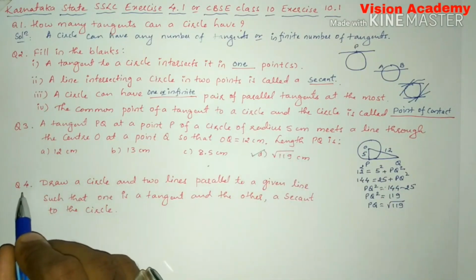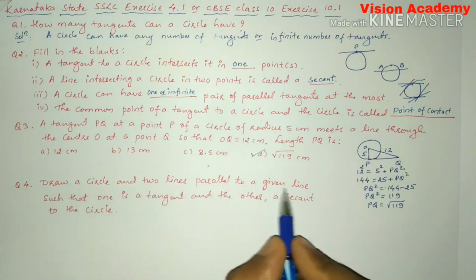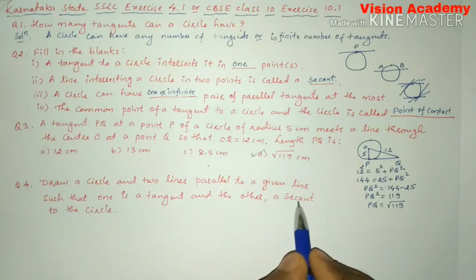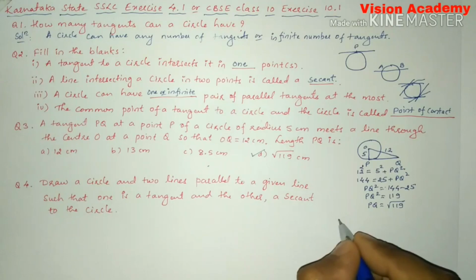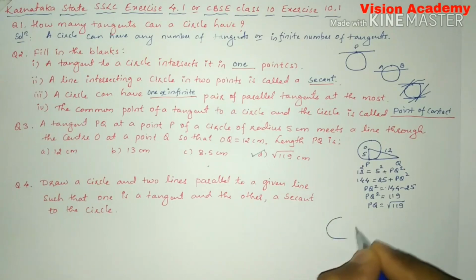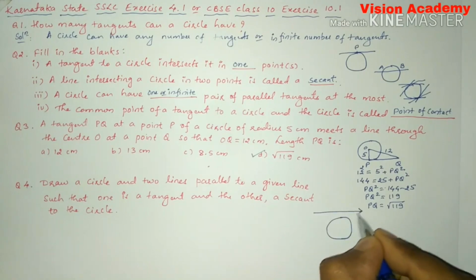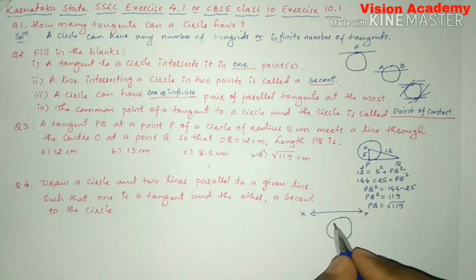Now let us move on to question number 4. Draw a circle and two lines parallel to a given line such that one is a tangent and the other is a secant to the circle. Here let us draw a circle. The given line, let us consider this one as XY, and we have to draw two parallel lines in such a way that